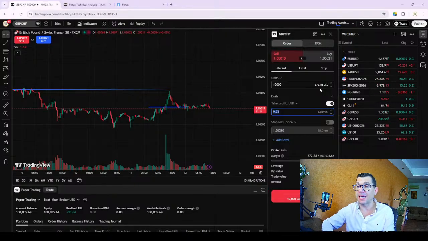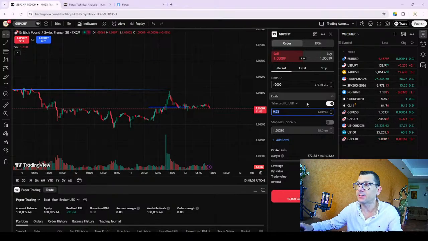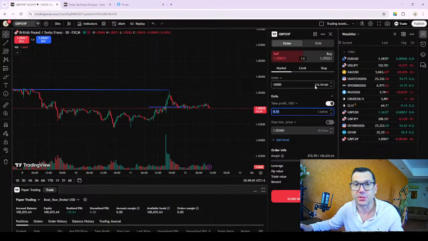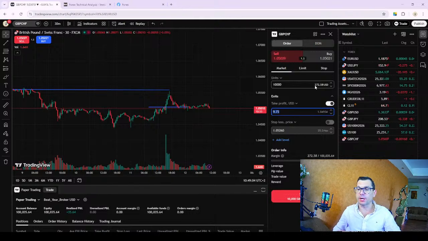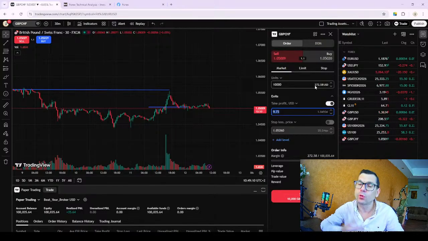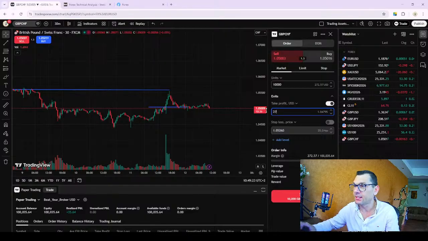If you're happy making 10%, then set your price target to make a 10% return. I could put 20%, but it's not guaranteed that 20%, 30% or 50% will be made. The logic is that the lower the appetite you put, the more chances that your trade will eventually deliver that profit. So if I put $272 and want to make 10%, that gives me $27 back.